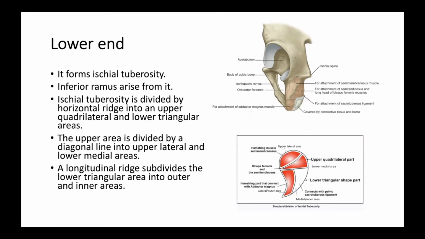The medial area will have fibro fatty tissue. The inner part of the triangular area doesn't give origin to any muscle, but this area is covered with fibro fatty tissue, and this part supports the body weight while sitting. So this area is covered by what? Fibro fatty tissue, and this area is supporting a person when